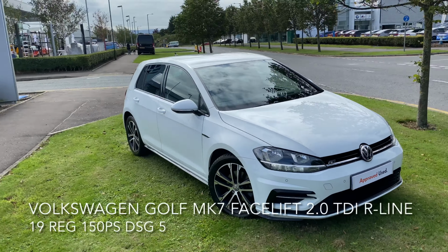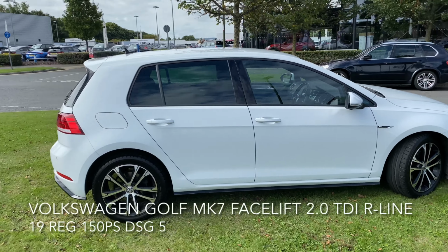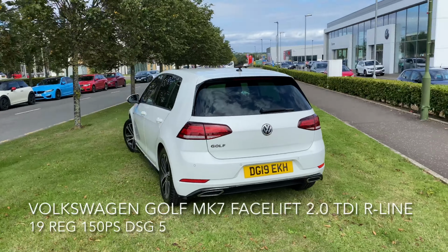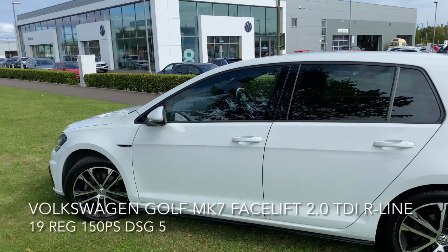Here we have a Volkswagen Golf. It's a Mark 7 facelift, 2 litre TDI R-Line DSG 150 PS. Now this white wonder's looking great and it has a top spec, including adaptive cruise control with front assist, a